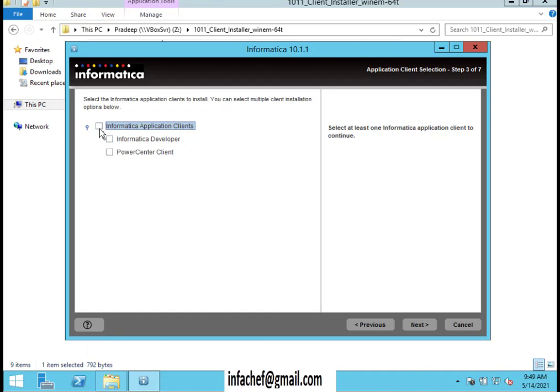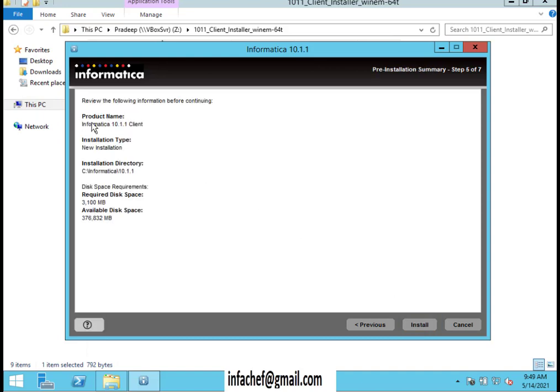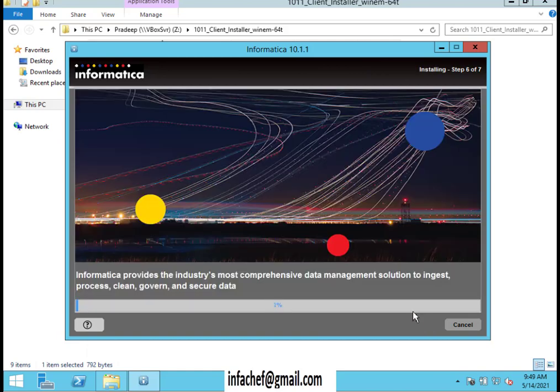And I'm going to the next, and I can go to the developer or client installation. I'm not going for the developer here. I'm just giving Informatica PowerCenter, so only the PowerCenter client tools will be added. I'm moving to the next, and it will be installing in the same location where the Informatica is installed. I'm giving next, and it is asking that this is a client installation and it's new, which path it is installing and what space is required, and I'm clicking the install button so that it starts installing. The client install log will also be generated in the logs.